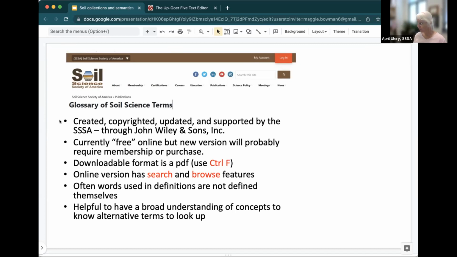In my world, you really have to know a lot about the processes that you're interested in, because so many of the words aren't there. The glossary to me represents more things that are missing than what are present.